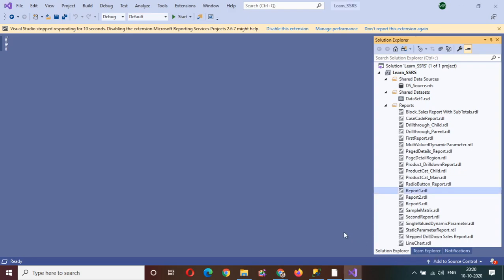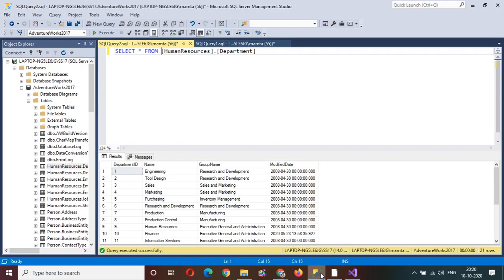So today in this session we will understand how we can call the stored procedure in SSRS report. Just imagine, till now we have created SSRS reports and created a SQL query in text format, and we'll call that query in the SSRS report. But in the case where your data is in a stored procedure, how can you call the stored procedure in an SSRS report? That we are going to learn in this session.